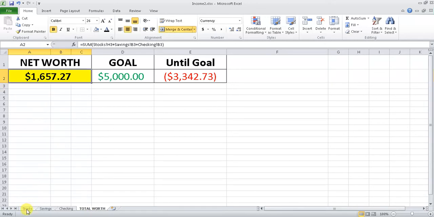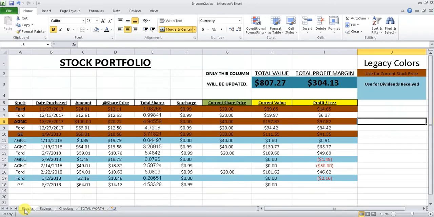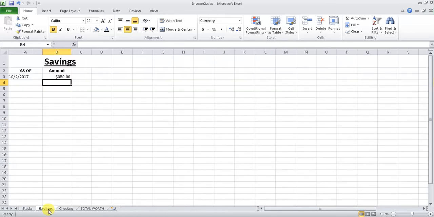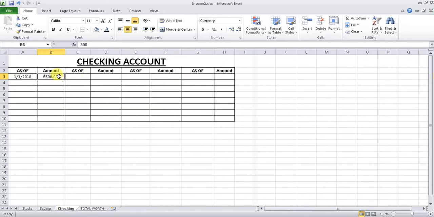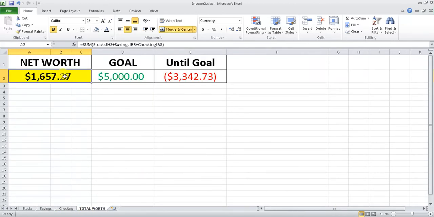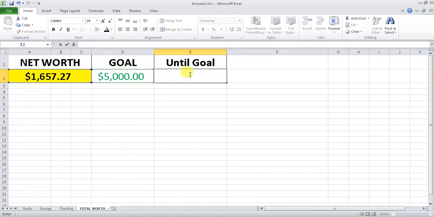And now that is the total of what our total stock portfolio is, how much we have in our savings, and how much we have in our checking. And that's our total net worth. Let's say you set a goal for 5 grand. This is how easy it is. So you would just type in,